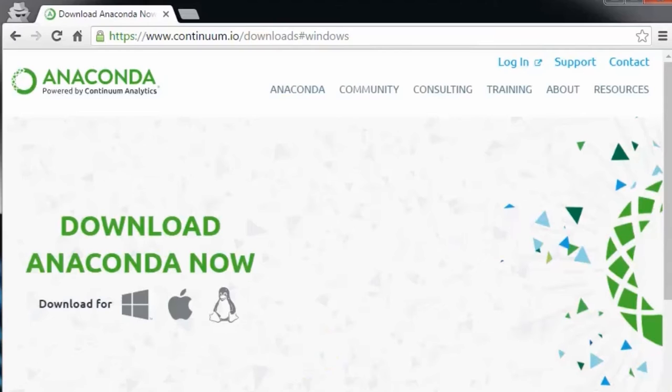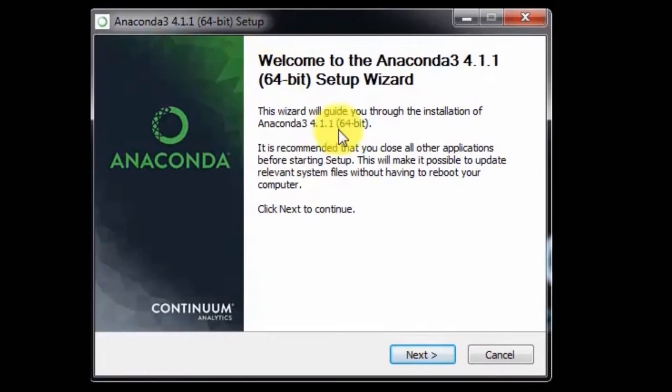I already have it on my computer, so I'm actually going to cancel this installation. Once the package is downloaded, you just need to run it, whether it is a Mac or Windows. It's going to look similar.